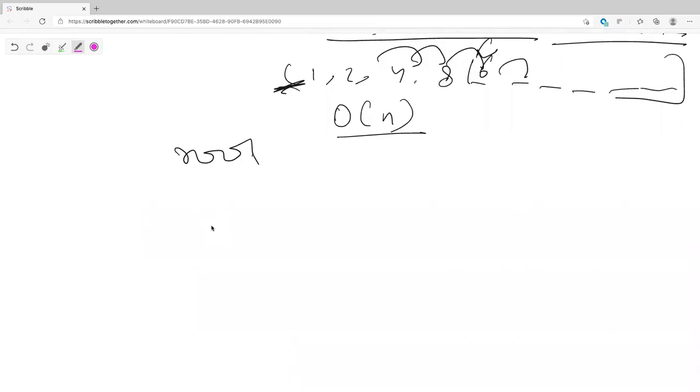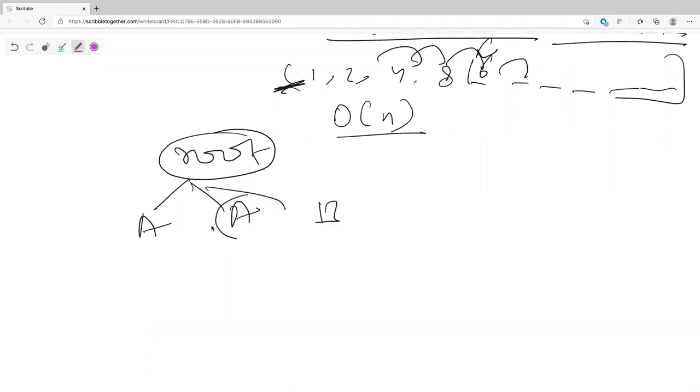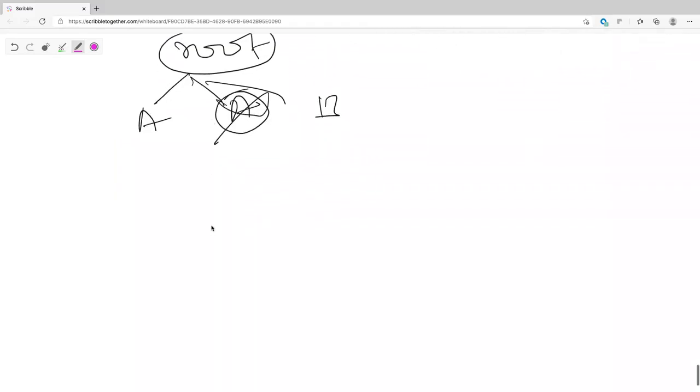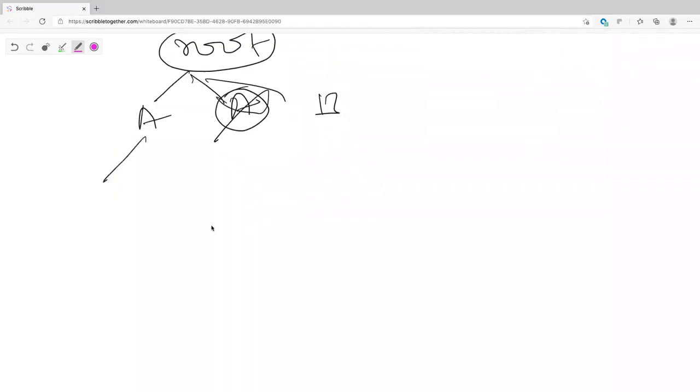Okay. Now our problem is not yet done, right? What are the options at root? A and B, but you had only one A. So you remove this. So you have to remove duplicates. Okay. Now, what are your options at A? Only B? Now we are going down, right? It should be A again, no? And then B.